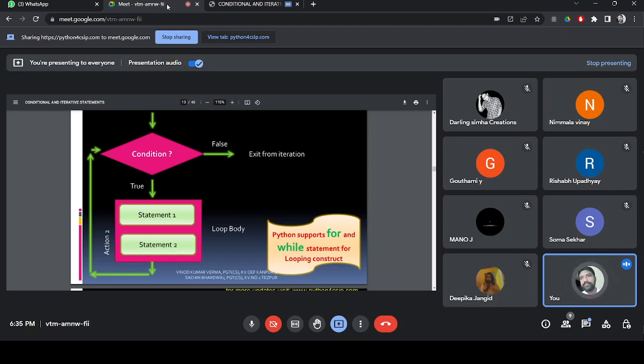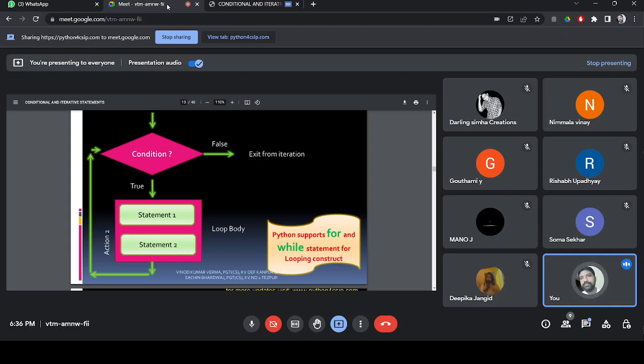Selective and iterative statements. As long as the condition is true, execute the loop body. Loop body means a compound statement. And again go back to the same condition. Again evaluate the condition. If it is true, execute the body. Again go back, test the condition, execute.